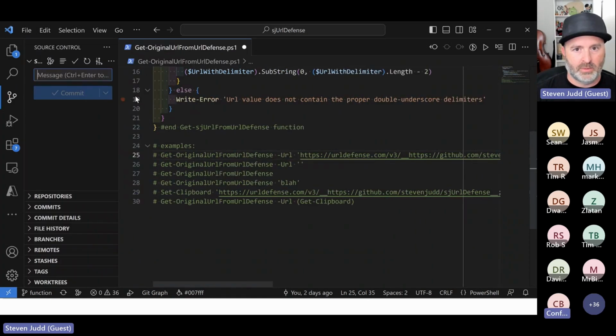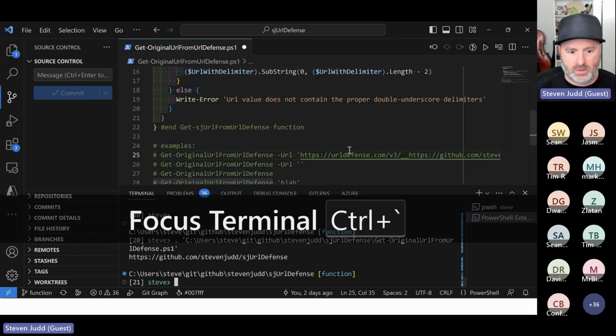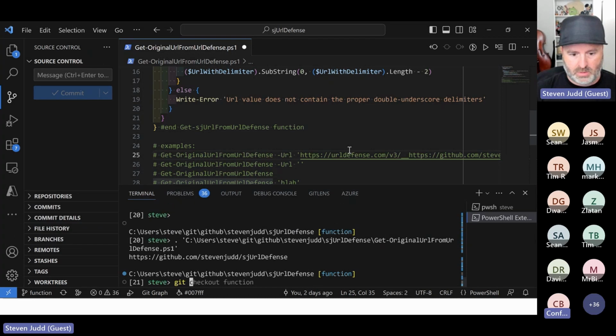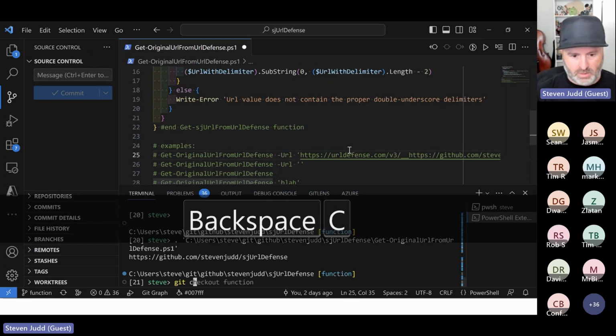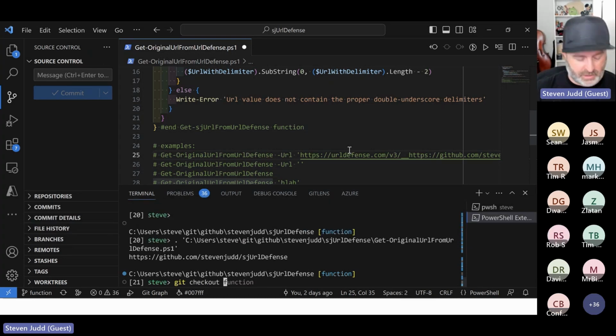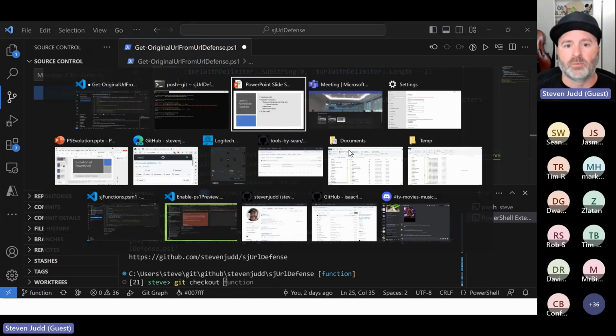So before you get to that, does anybody not understand the concept of dot sourcing? Because I don't know that we're going to come back to that. Everybody okay on dot sourcing? Okay. And let's see. Oh, I don't need to do this yet. I got to do it when I'm ready.